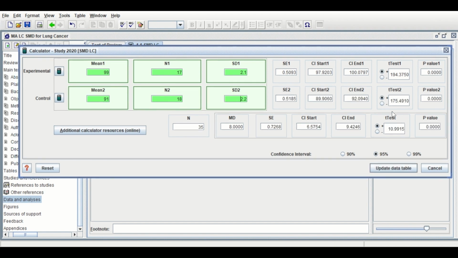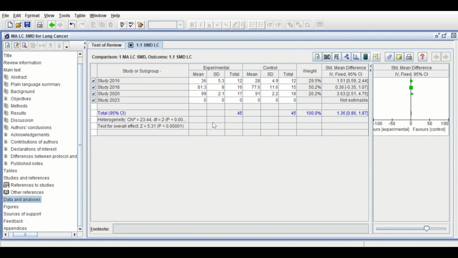Hit enter and then click on update data table, and for the final study the mean is